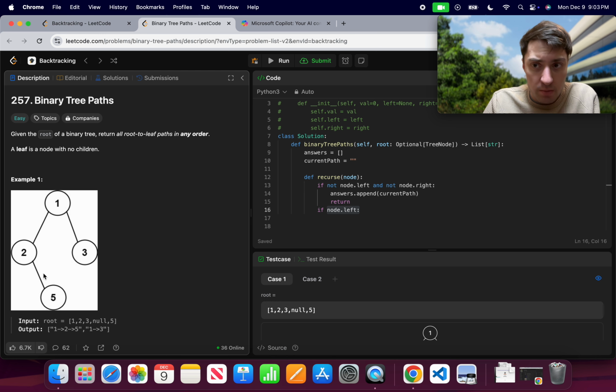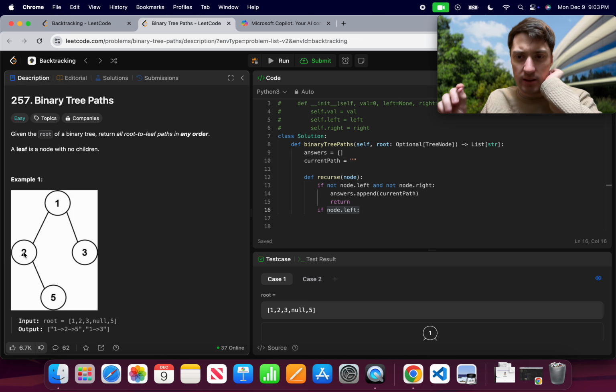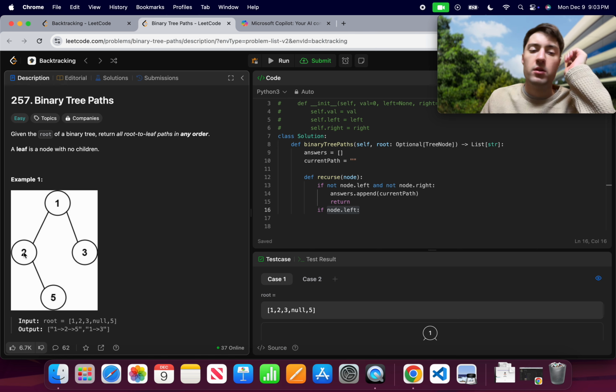And then I want to pop up, and when I pop up from traversing right, I want to take that node that I just put there away from the current path. So when I pop up,